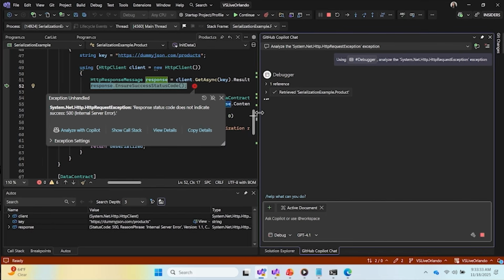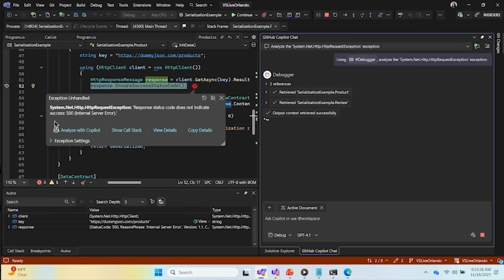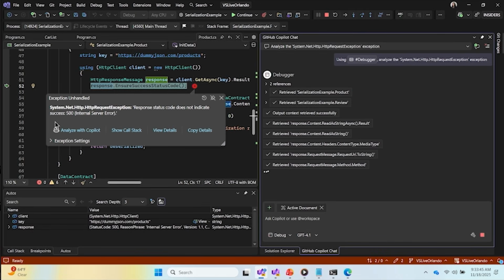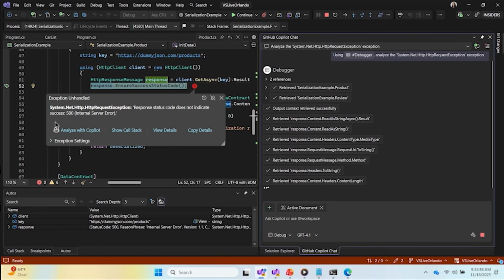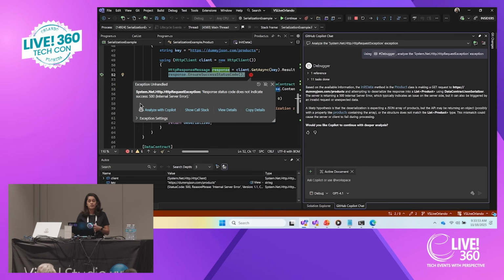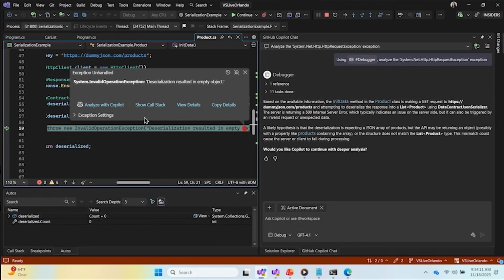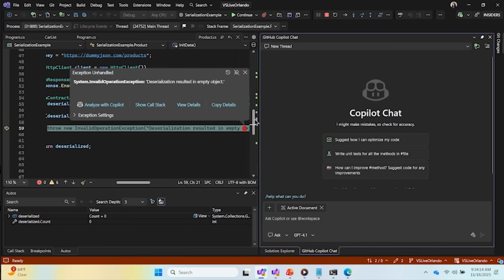And what Copilot will do here is gather all the necessary information. And because we are actually directly clicking Analyze with Copilot from the exception helper, we don't need to provide any additional context. It has all the context it needs. If it needs to, it gathers more context and then comes up with an immediate fix or deeper analysis. So this one particularly, I'm going to execute that again to see if it works as expected. So, okay, this is perfect. I don't know what happened there, but this is the